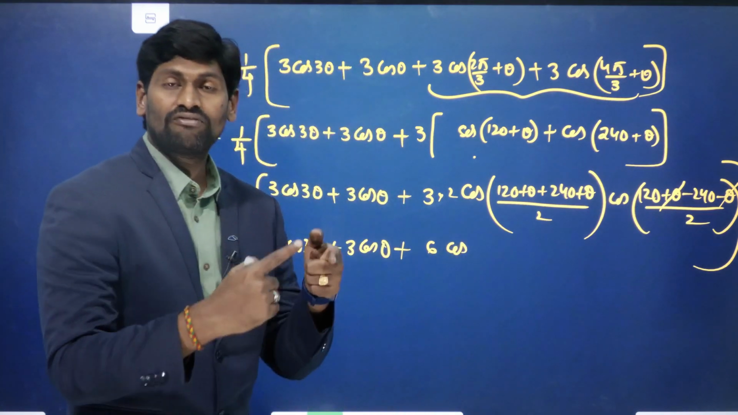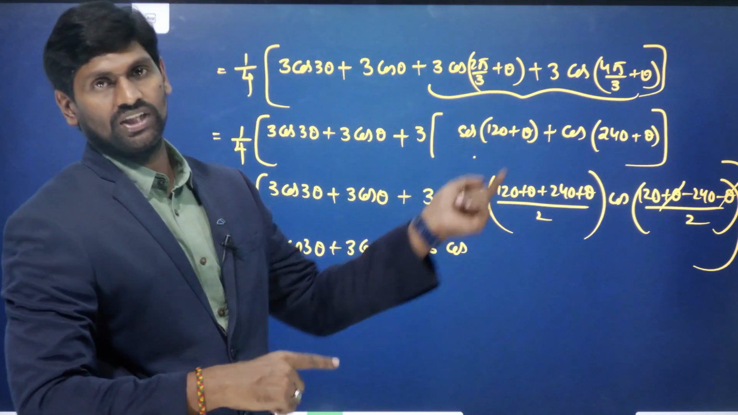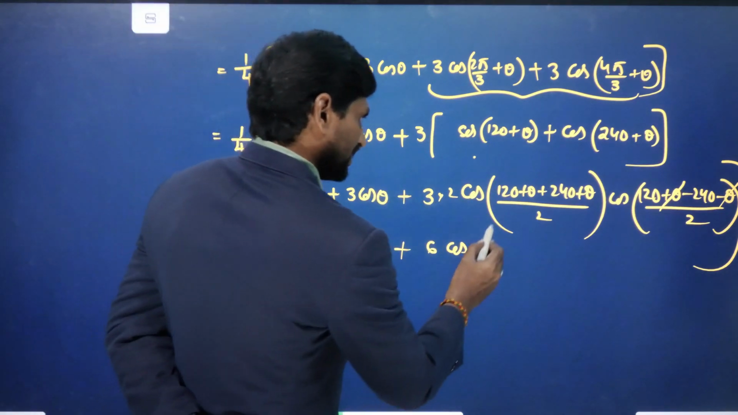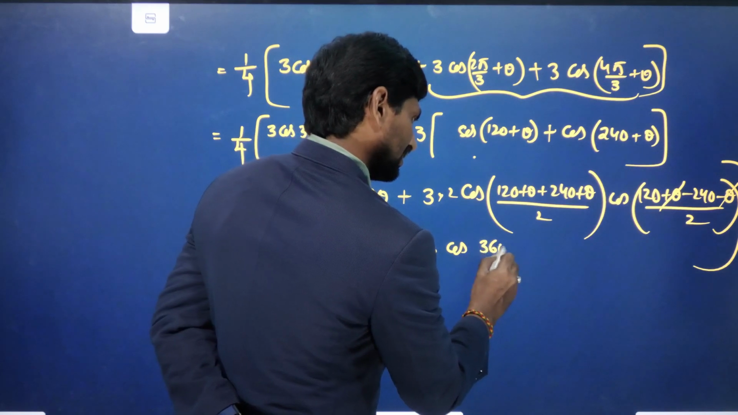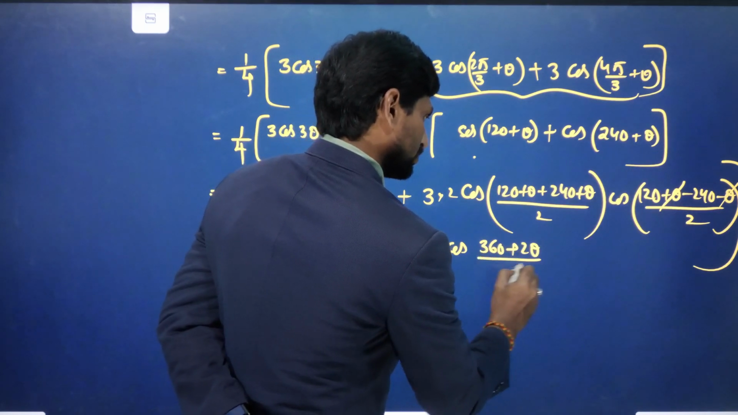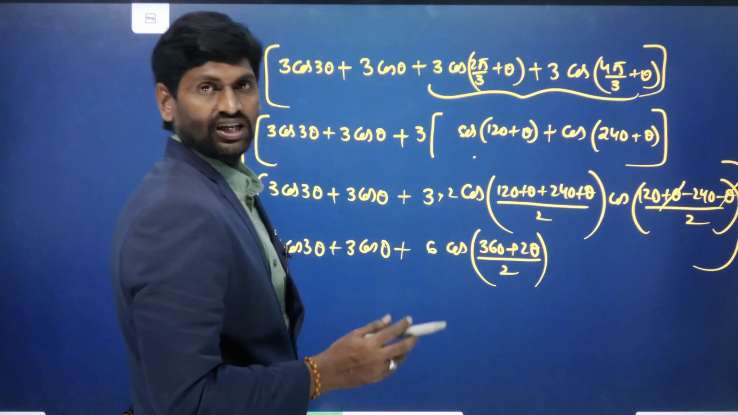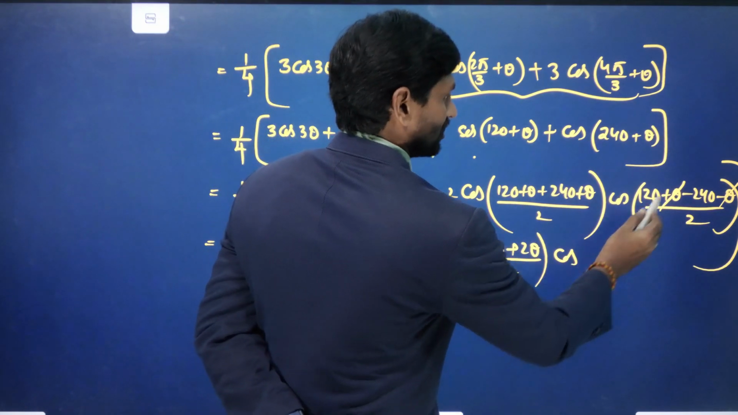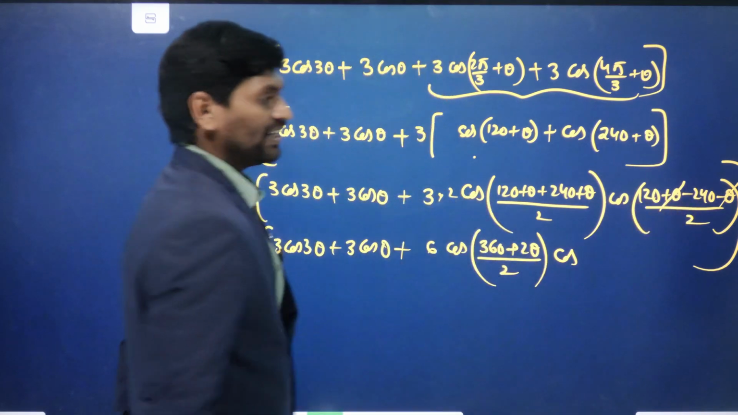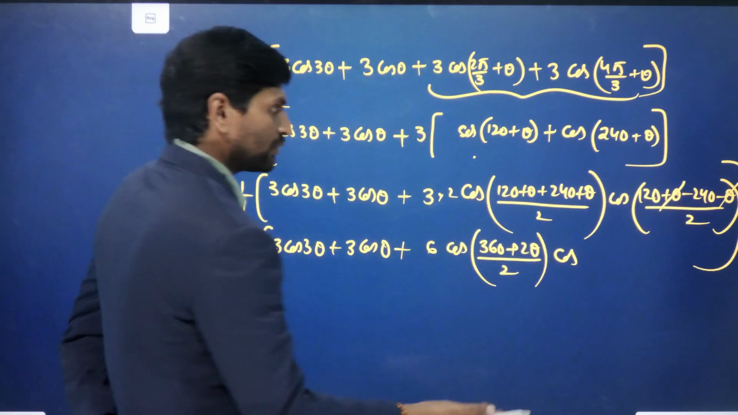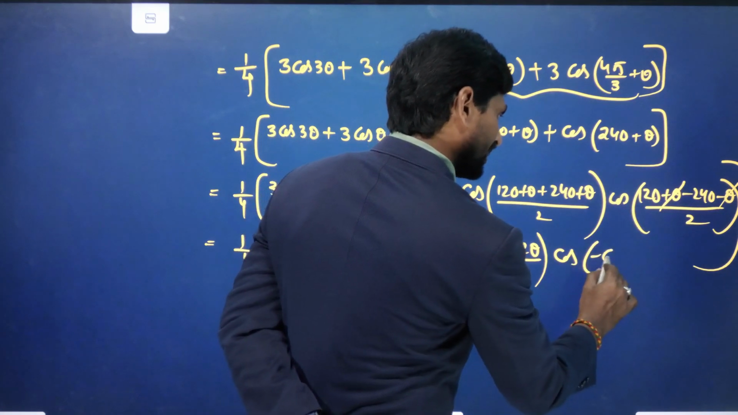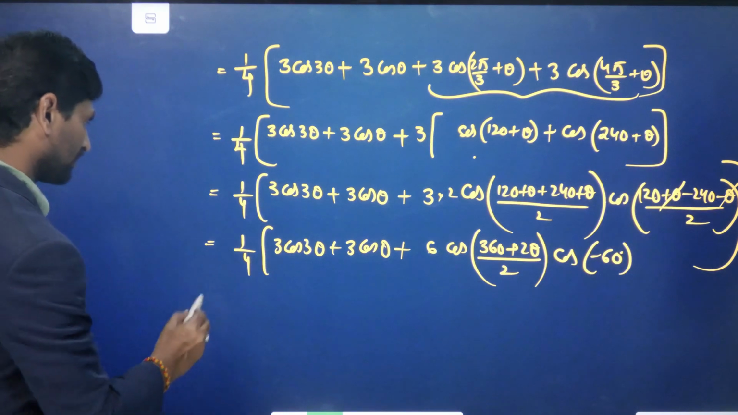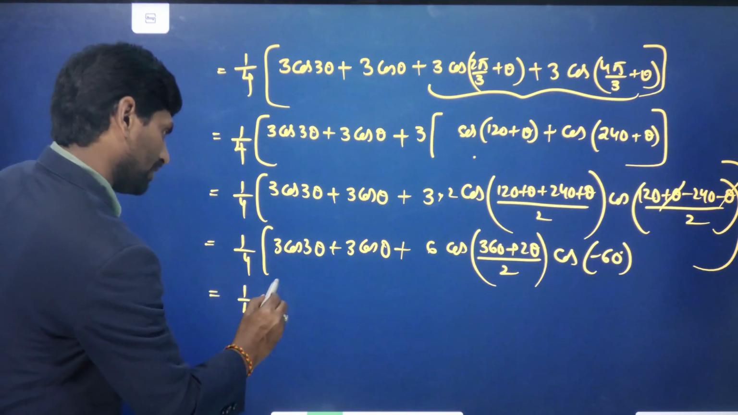360 plus means after completing one rotation again it will come to the first quadrant. First quadrant all are positive only. So that means 360 plus theta, 360 plus 2 theta by 2. Okay? Or separate like this, it will be 180 plus theta. And cos, 120 minus 240 is nothing but minus 120. Minus 120 by 2 is minus 60. Whenever cos theta is negative, it will be positive. Okay? That is equals to 1 by 4